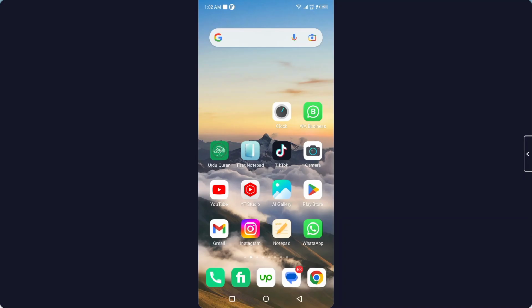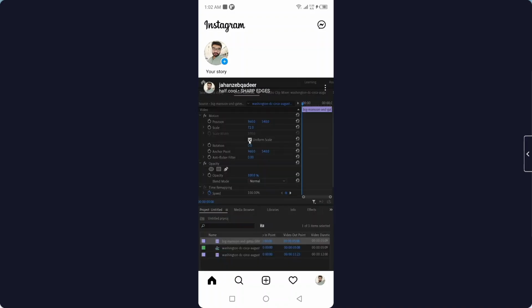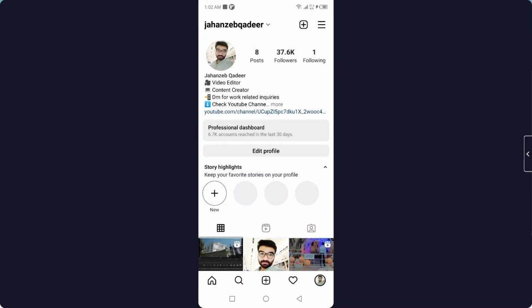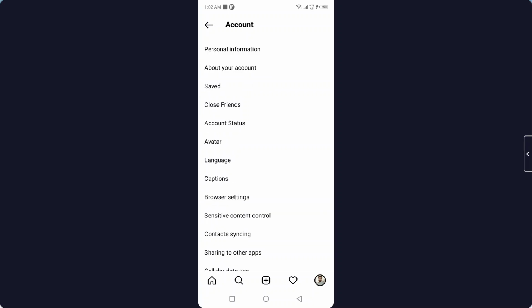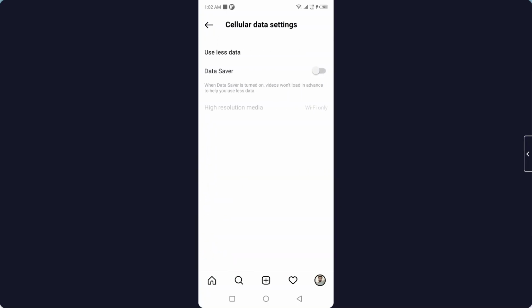So the first step you simply need to do is to open the Instagram application, and then you need to click on your profile picture in the right bottom corner, and then you need to click on the three bars in the top right, and then you need to click on settings, and here you need to go and click on account, and here you need to click on cellular data use, and here, if that option is on, that is